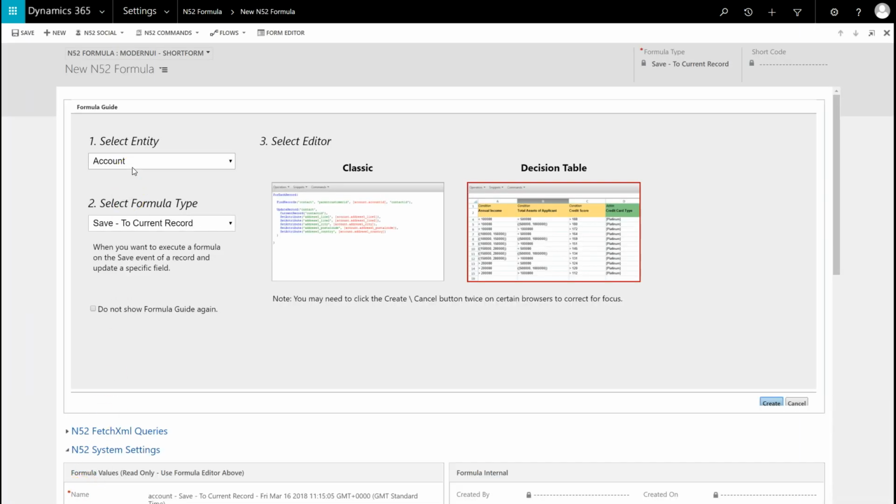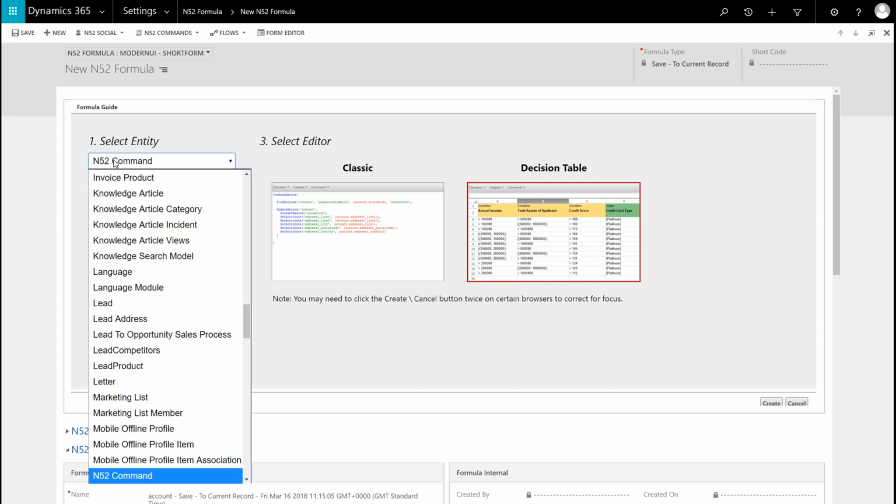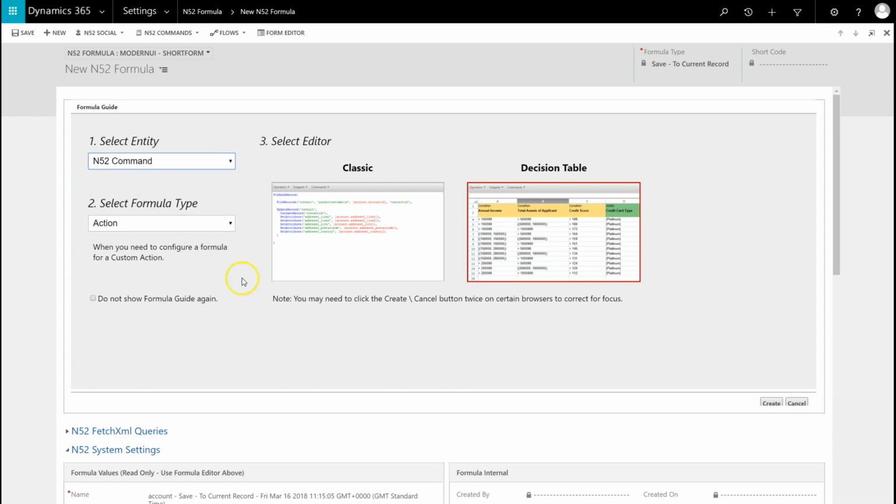and we're going to create a decision table of formula type action. So select action from the formula type and then set the source entity to N52 command. Now as the action that we are creating doesn't actually have a source entity, we set the source entity to N52 command. So now click on create,